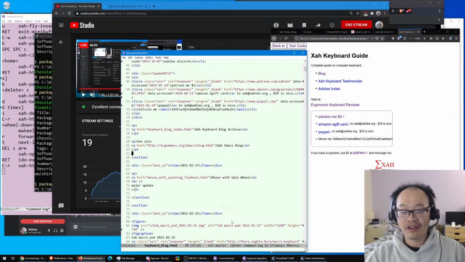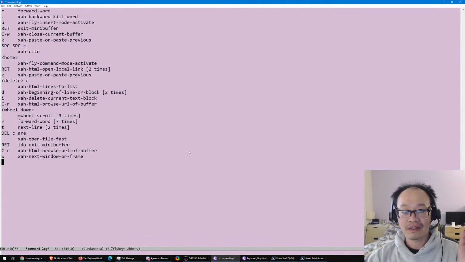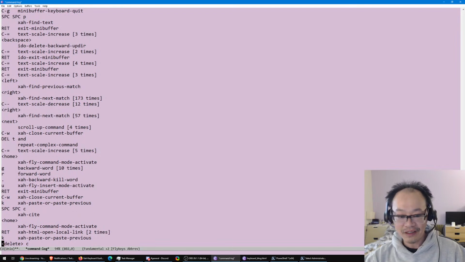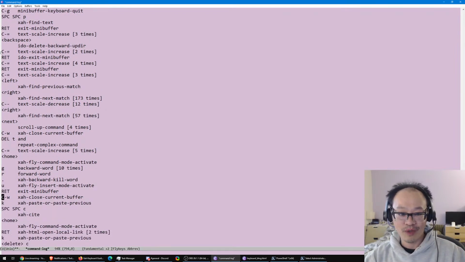In Emacs, for example, I use single keys. As you can see in the pink window, there's almost no, do you see a control key there? Do you see a meta key there? No, there's none. Everything is one single key press. Well, you see this, for example, some Control key, Control W, but actually that's